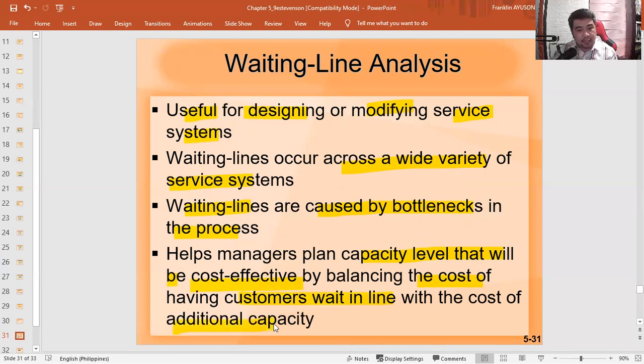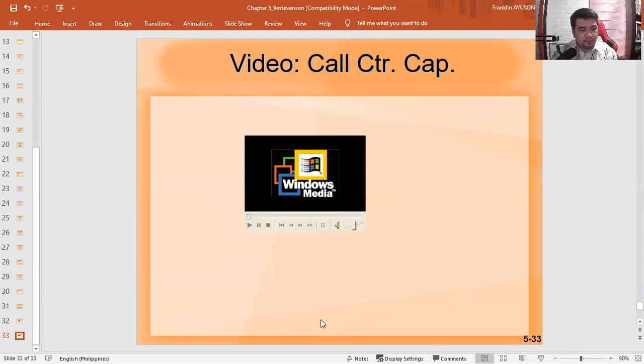It will be cost effective by balancing the cost of having customers wait in lines and the cost of additional capacity. O yung tanong dyan, no? Papilayan mo ba sila o magdagdag ka ng panibagong booth, magdagdag ka ng panibagong empleyado, magdagdag ka ng panibagong gastos. What is the cost and what is the profit? So again, these are another chapter, but most likely it's whether you want your customer to wait in line or you want to improve your capacity. And then finally,